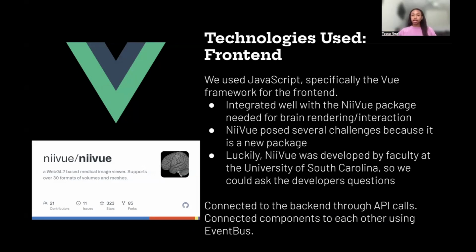Also, a lot of the functionality is pretty specific. For example, we initially wanted to be able to interact with the brain through hover, single click, and double click. But due to the nature of NeeView, the developers have only added double click functionality. So, we had to alter our plan in terms of how we wanted to display all that information using only